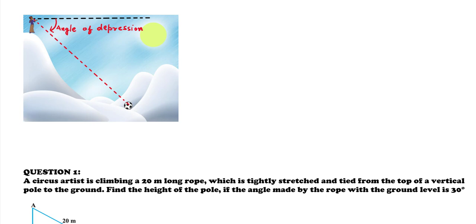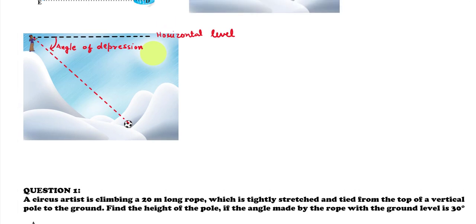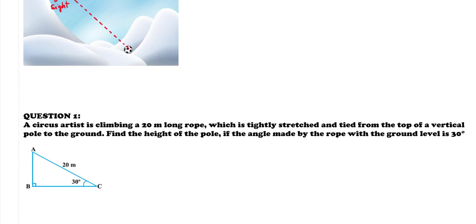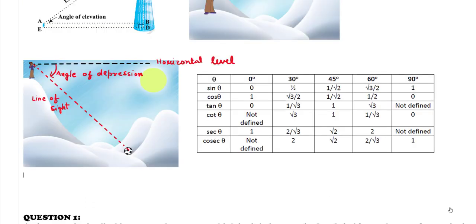For example, in our case, there is a girl who is standing on a hill slope and she is looking downwards towards a football. So she has to bend her eyes, and that bend is the angle of depression. The amount of bend is the angle of depression. There can be many such examples, like if somebody is standing on a building and is looking down at a car or at any object standing in the street. Whenever somebody looks down, the angle formed is the angle of depression. And it is to be noted that whether it is the angle of elevation or the angle of depression, both are formed with respect to the horizontal line.